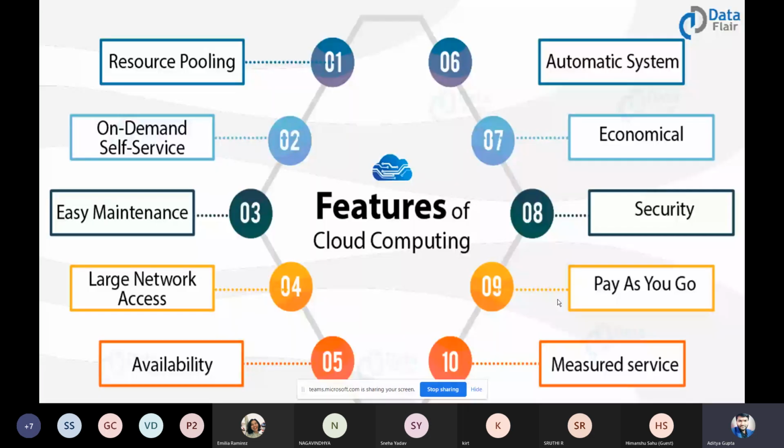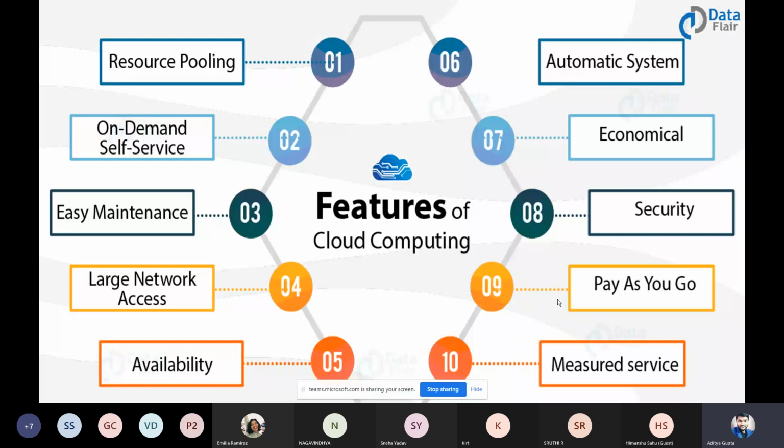These are the features of cloud computing: resource pooling, on-demand services, easy maintenance. That's what most users require, easy maintenance, and broad network access, availability, that I said. You just need to log in with your credentials into, suppose, Azure and go with the work that you are doing, as we are going to do now. Measured services, pay as you go. It's really the feature that attracts most users, like out of 100%, it attracts 95% of users, the pay-as-you-go basis.